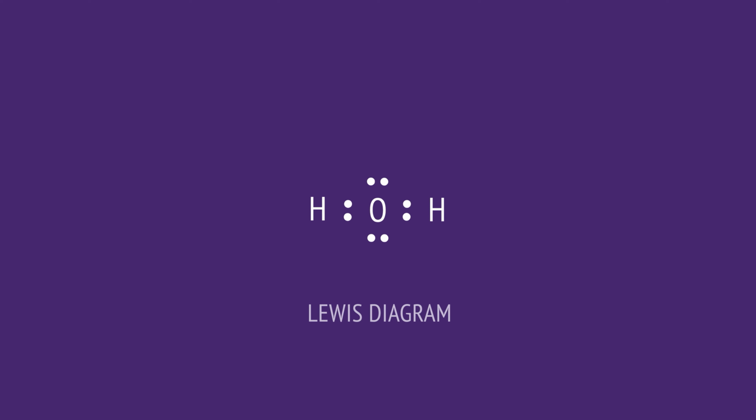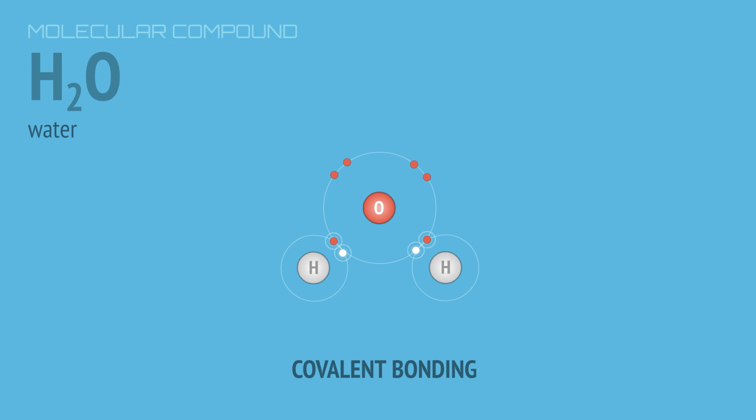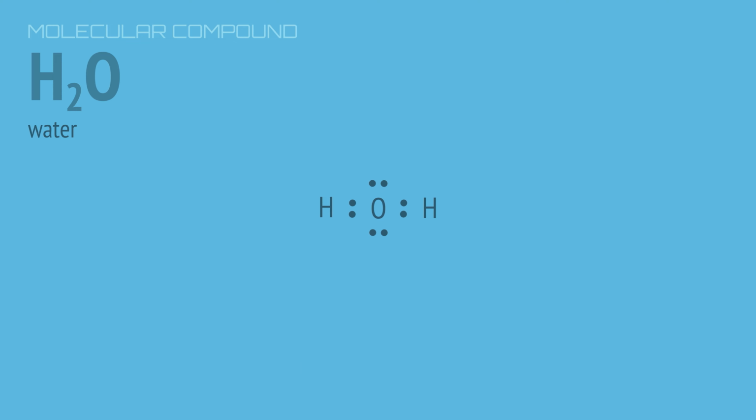In this video, we explore another type of model called a Lewis diagram, which shows how the outer or valence electrons are involved in the bonding. Molecules are formed when atoms share electrons to complete their outer electron shells. With the exception of hydrogen, most atoms, like this oxygen atom, are trying to achieve 8 outer electrons. A Lewis diagram shows the bonding and non-bonding pairs of electrons, with the bonding pairs shown as a line to